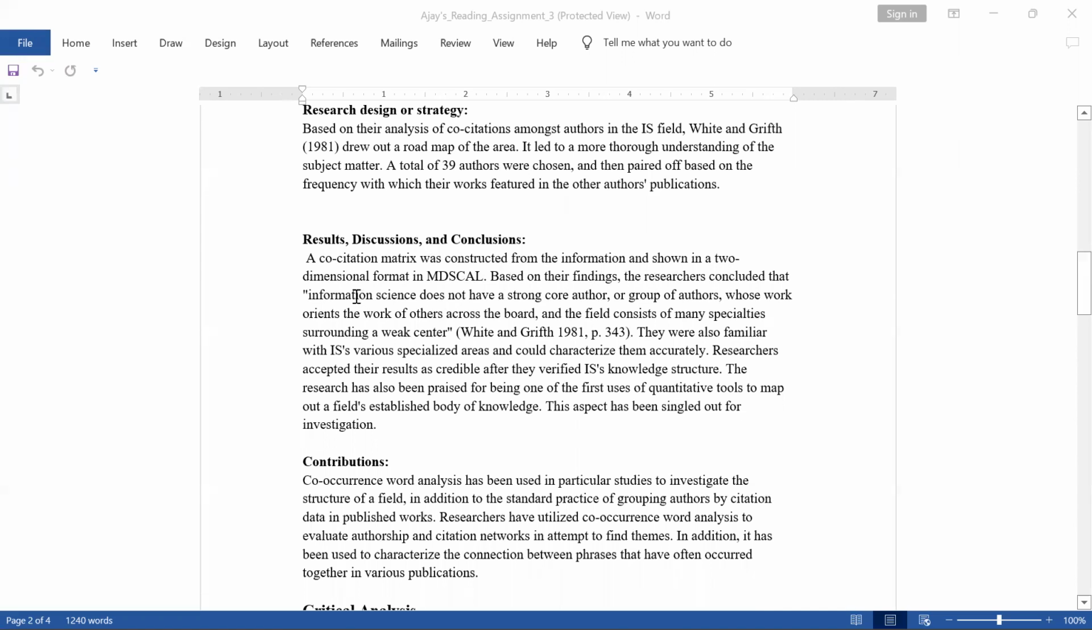And the results, discussions, and the conclusion: a co-citation matrix was constructed from the information and shown in a two-dimensional format in MDSCAL. Based on their findings, the researchers concluded that information science does not have a strong core author or group of authors whose work orients the work of the others across the board, and the field consists of many specialists surrounding a weak center. White and Griffith, the reference is page number 343,